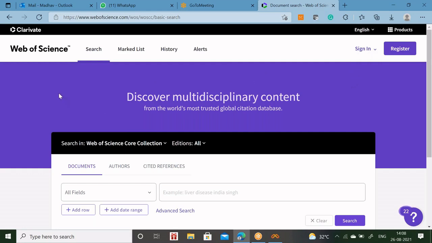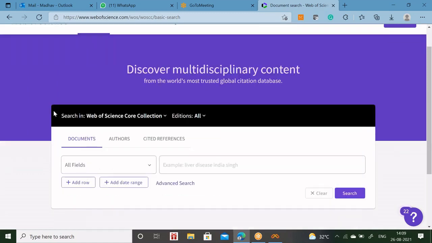Our FDP is connected with antennas, microwaves, and RF. So that's why I would like to show some tips for selecting a particular topic and looking into the articles related to RF, microwave, and antennas from Web of Science, as well as other publication credentials, institute publication credentials, how to verify, and how to analyze the results. Okay, so in the Web of Science core collection, if you see here, the Web of